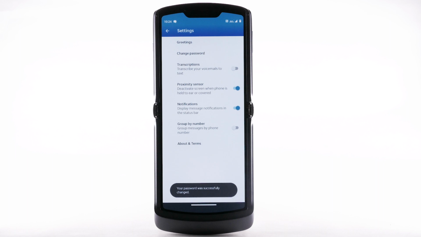You can also access your voicemail to change your password by selecting and holding the 1 key from the dial pad and following the prompts. However, you must know your current voicemail password. If you have forgotten your existing voicemail password, you will not be able to access your voicemail until you reset your voicemail password. To reset your voicemail password, go to